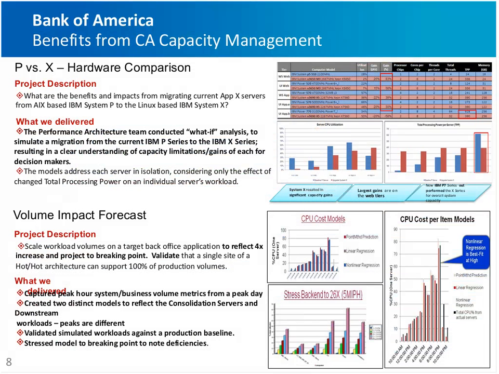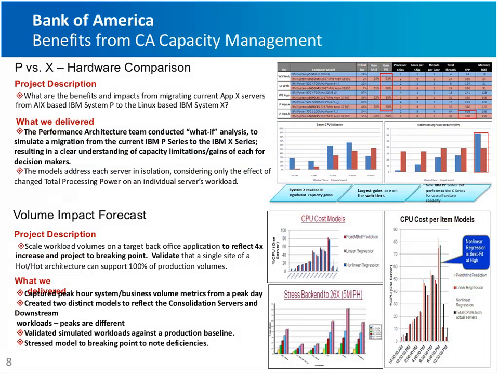By using CA capacity management, they were also able to understand their existing applications and whether they would move to a new hardware platform and what kind of hardware platform. So by being able to do hardware comparisons, as we can see on the top here, they were able to understand using CA's capacity management tool by placing the different current workloads they knew about the application onto the known scalability of an IBM Systems X or an IBM Power 7, do those comparisons and actually get really valid results